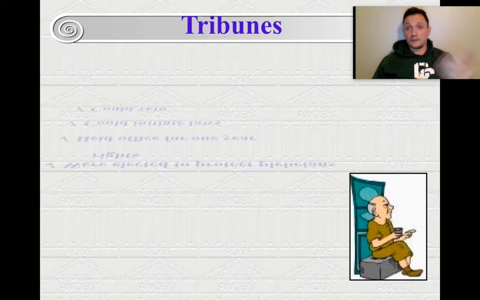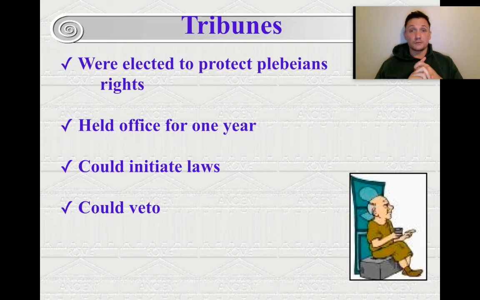They're this little old guy. Now, anyway, they were elected to protect the rights of the plebeians. To be a tribune, you had to be a plebeian. They held office for 1 year, and they could initiate laws as well. Their main power, though, their biggest power that we still use in our government today, and it's extremely important, is the power of the veto, right? Veto is actually Latin as to send back, okay? In Latin, it means to send back or to put away. So the tribunes had the ability to veto laws that they thought were unfair to the plebeians.